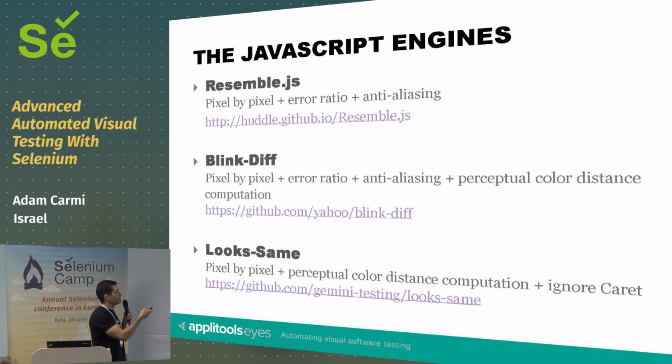Next, we have the three common popular JavaScript engines. The most popular of them is Resemble.js. This is the engine that is used by PhantomCSS. If you know, it's a very popular visual test automation tool. And it also does pixel by pixel comparison, and it's based on error ratio, but it has very good treatment of anti-aliasing pixels. Another thing that's cool about Resemble.js is that it has a very nice web page